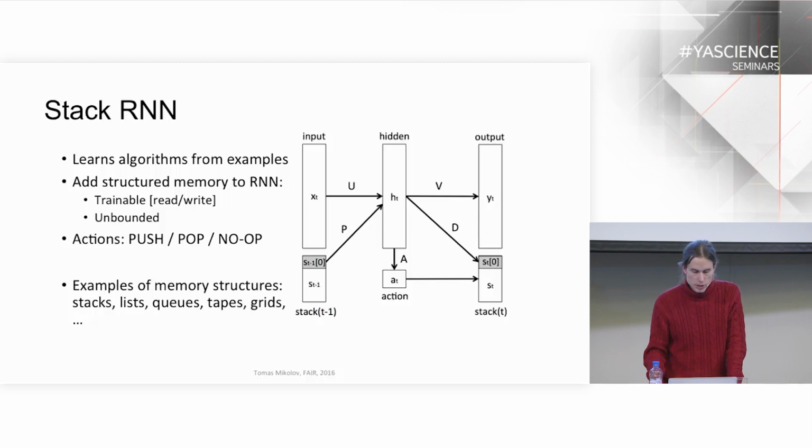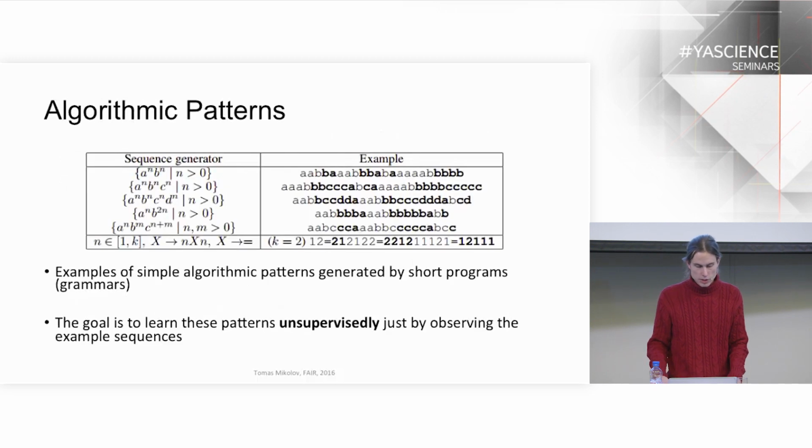Of course, we can put there different topological memories, it doesn't have to be stacks. It can be, for example, tapes or lists and so on. We consider several of them in the paper. Here are the algorithmic patterns that we consider that require counting. These actually are solvable with LSTMs because any model that has a linear layer can learn to count, basically. If you have an A and B pattern, and if you have a neuron that can do something like +1, -1, then it will be able to count.